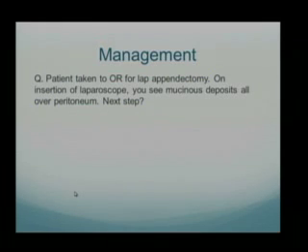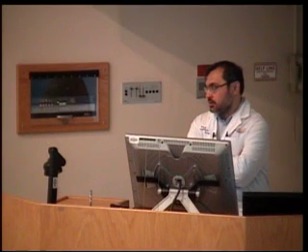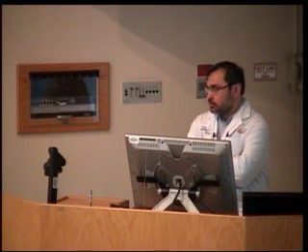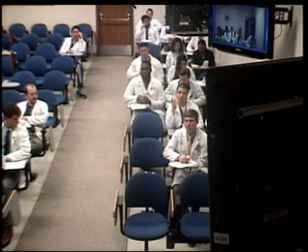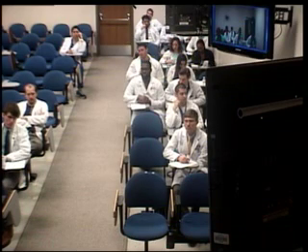Would you do a frozen section or just a permanent? I would send it for permanent first. Okay. Because you're not going to do it at that time. You're going to close it off and then do the workup afterwards. Okay. Could you do an appendectomy or not? I don't think so at the initial operation. I'll try to find out where exactly it is first, and then we go. Okay. Yeah, that's probably the best option,